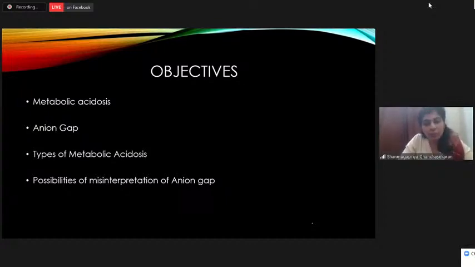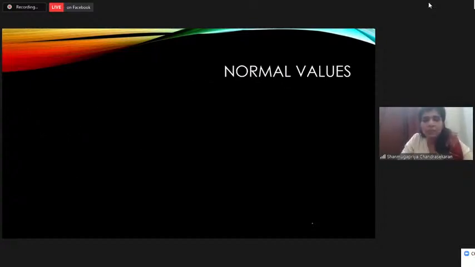And because there is a possibility of misinterpretation of anion gap, we calculate another factor, which is called the delta-delta ratio. So I'll be telling you about what is delta-delta ratio and how to use this delta-delta ratio to find out hidden acid-base disorders. So these are the objectives of my session. So to begin with,